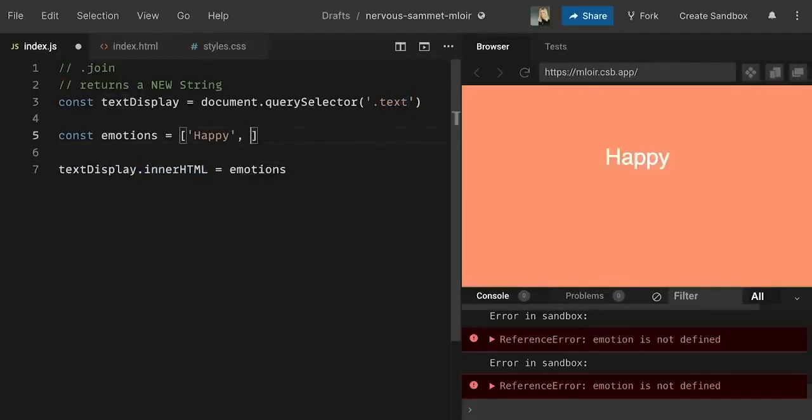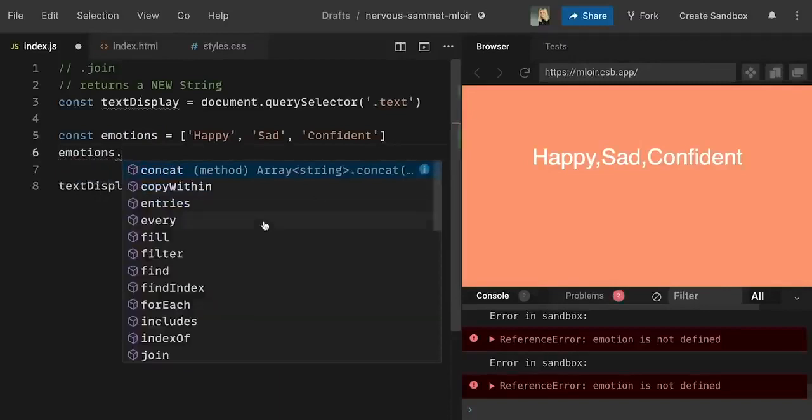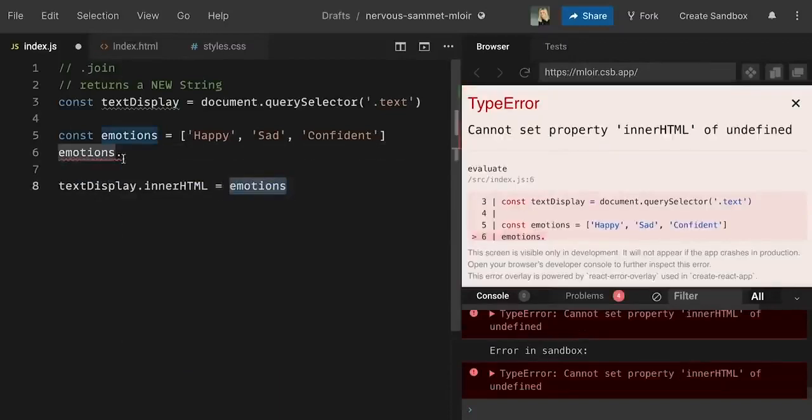There we go, happy. Let's put sad. And let's put confident. I think that's an emotion. So at the moment, we have these 3 elements in our array. They are strings. So we've got 3 strings in our array. Now, I can use join to literally just bunch them all up together and make them appear as one word. So I could do this easily. Let's get our emotions. Once again, make sure to put it above here. Emotions, and then use join,